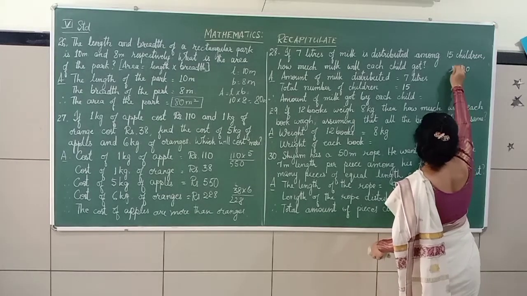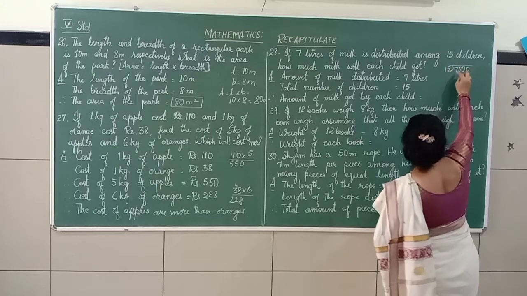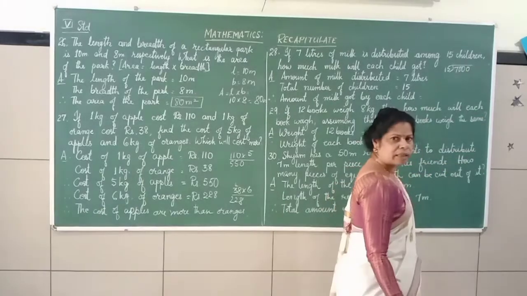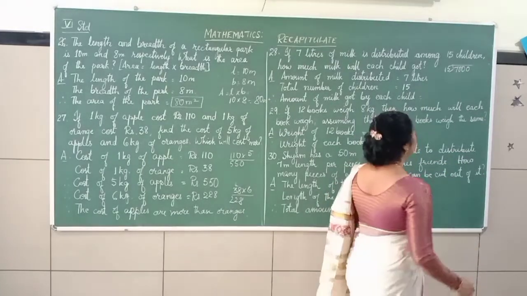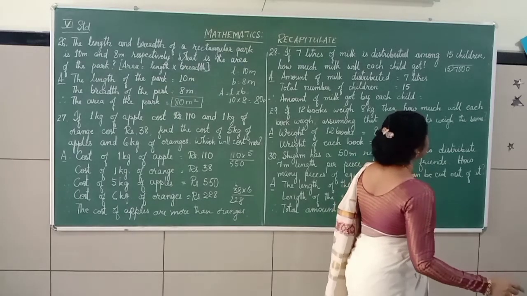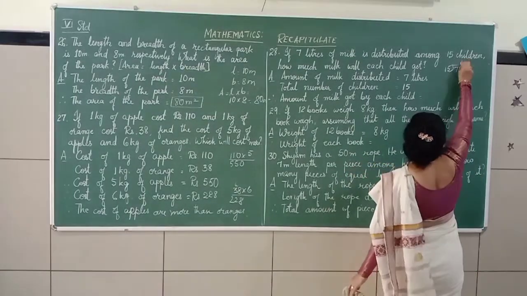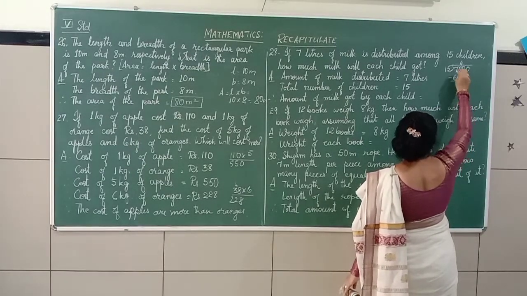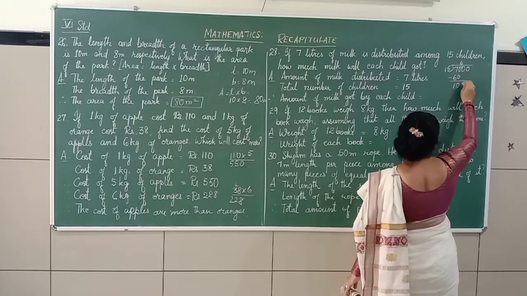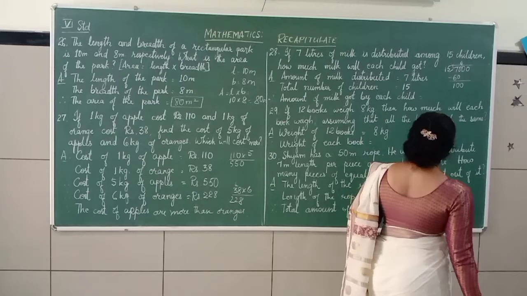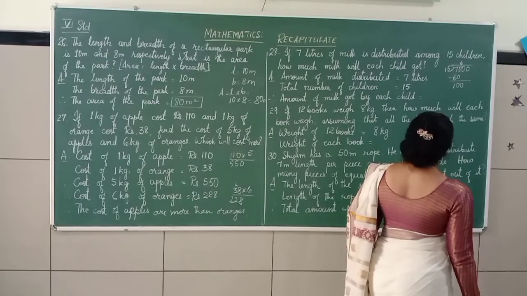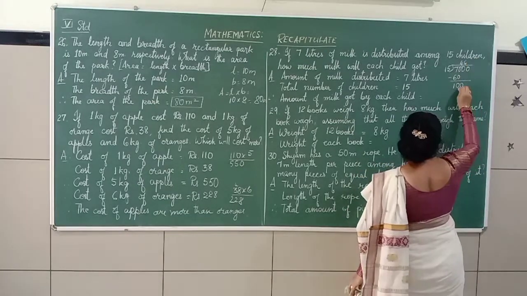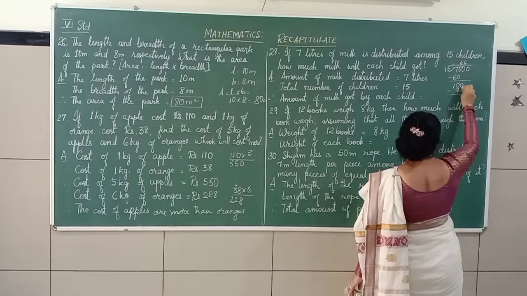7000 divided by 15. 15 into how many times it goes? 15 5s are 75. 15 6s are 90. So 90 is bigger. So you have to go for 15 4s, which is 60. So 0 minus 0 is 0. 7 minus 6 is 1. Bring the 0 down. Okay. So how many times it goes? 15 6s are 90. 90 minus 90.